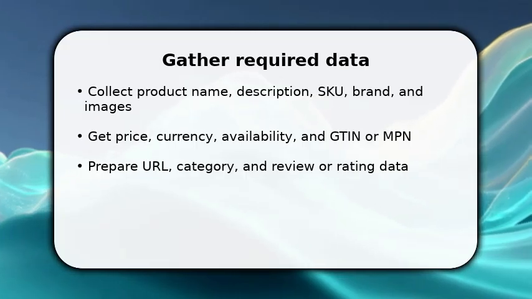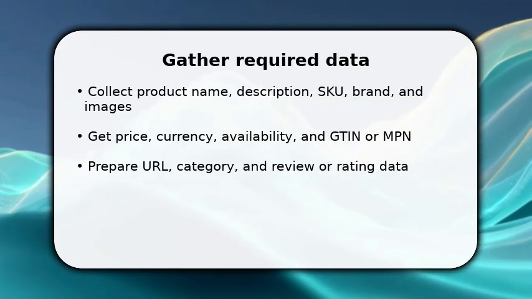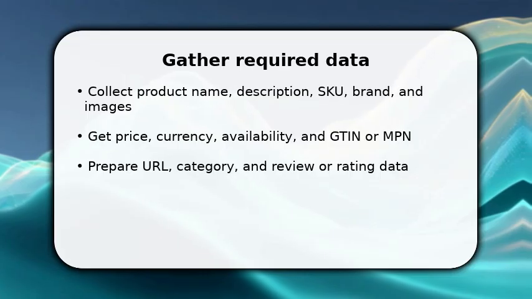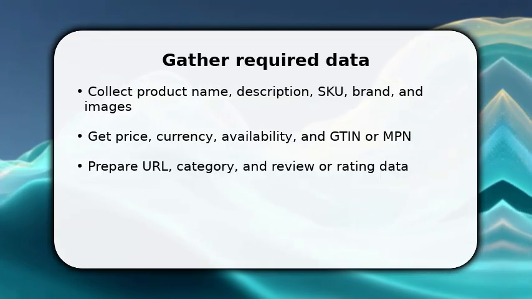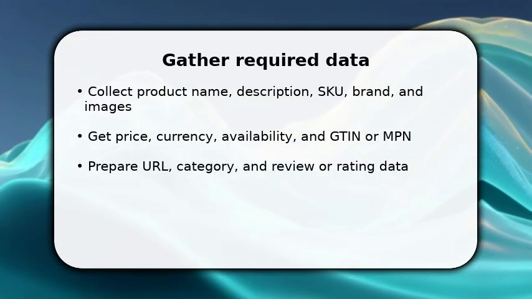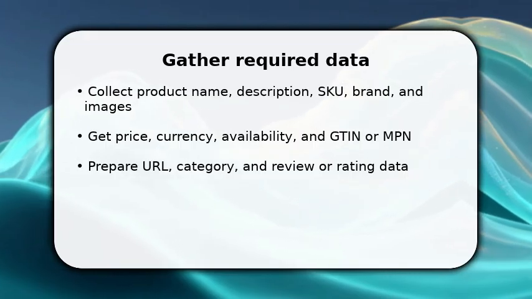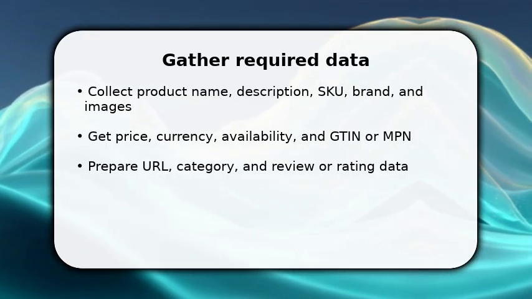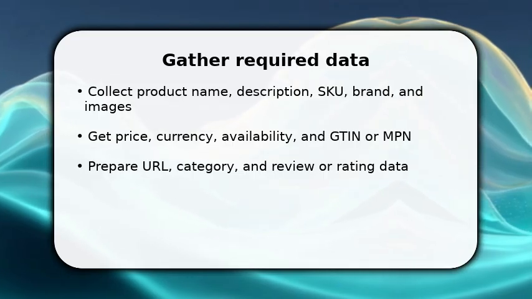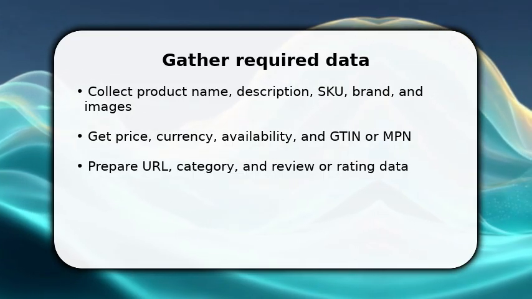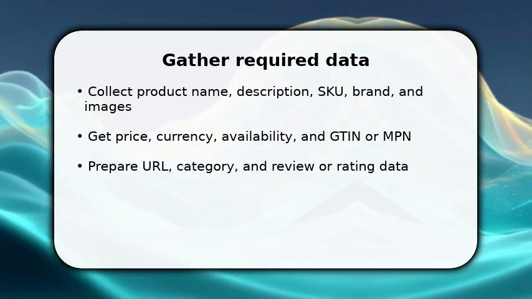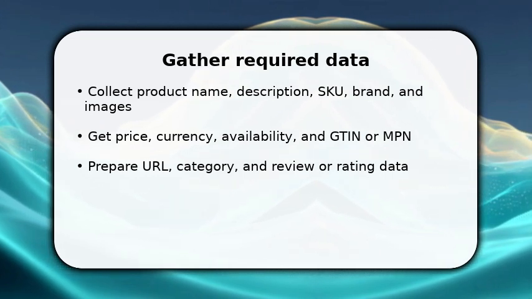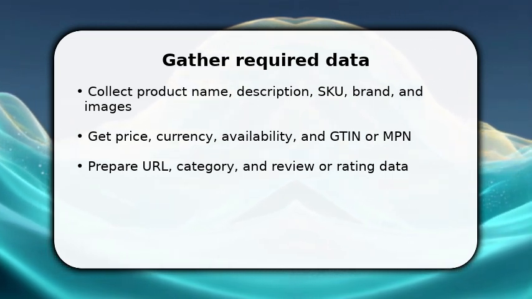You start by assembling the exact field schema needs: name, description, SKU, brand, price, currency, availability, and identifiers. Once done, pick a canonical product URL and high-quality image. Make sure to validate GTIN or MPN if available, because search engines rely on accurate identifiers. If you have ratings or reviews, gather average rating and review count now. This step prevents rework and lets you map each item to a JSON-LD property immediately, so you can jump to